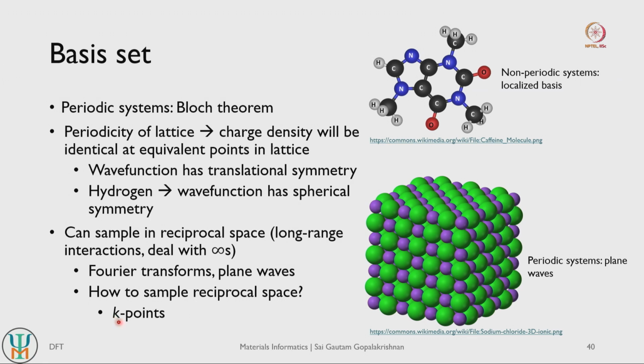So the simple way to think of k points is the kind of mesh you use to sample your reciprocal space. So just like you can construct a fairly symmetric, let's say in the case of sodium chloride structure, this is a cubic structure, you can construct a cubic mesh to sample your real space, right. So just like you can construct a cubic mesh to sample the wave functions at discrete points in your real space, you can do the same thing. So when you transfer the problem into reciprocal space, you can also construct a mesh to sample your reciprocal space, right. And this mesh is basically referred to as a collection of k points, right.